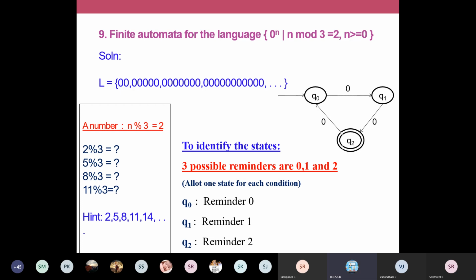Okay, 0 mod 3 is 0. Yes. So when you are dividing a number, what is the remainder you are thinking? So when I am dividing 0 by 3, there is no quotient, and also the remainder is 0 in that case. And what about 1? 1 mod 3 is 1.